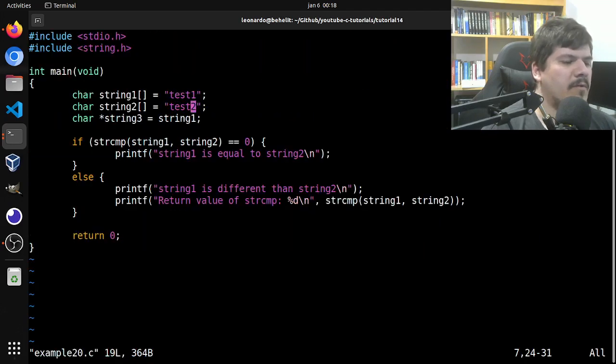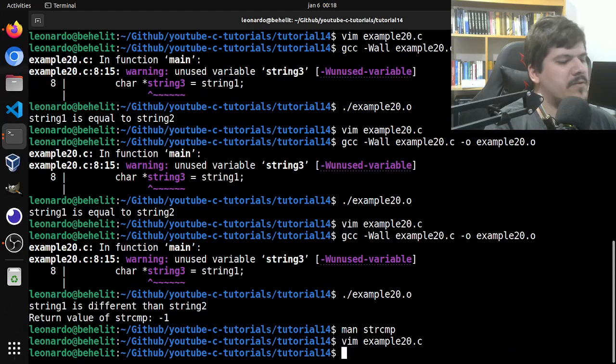So let's say we want to concatenate two strings. Okay, so let's make them, okay, let's leave it like that. So we use this function called